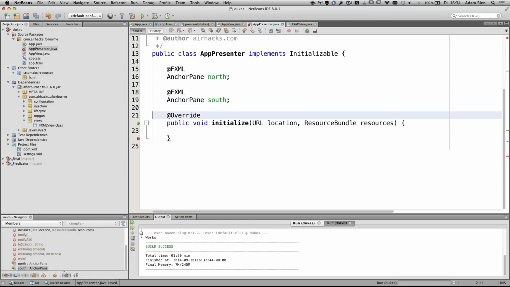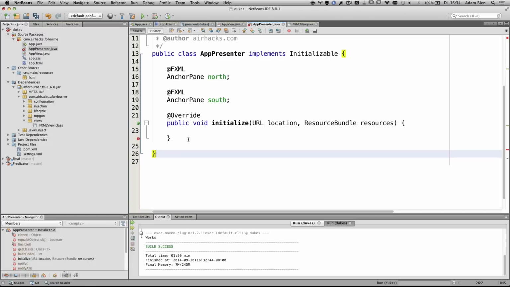And now the question is, and now what, right? We have two empty panes injected. So now I will create two packages, north and south. Here I create the two views, fetch the view, and associate it with the anchor pane. So you can create whatever you like and switch it really quickly.